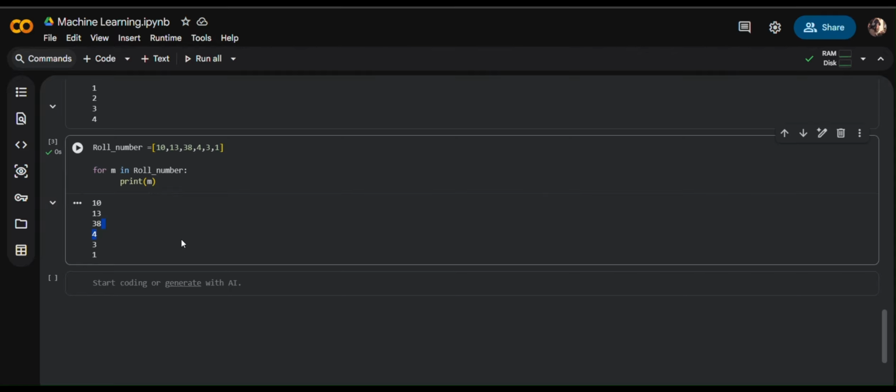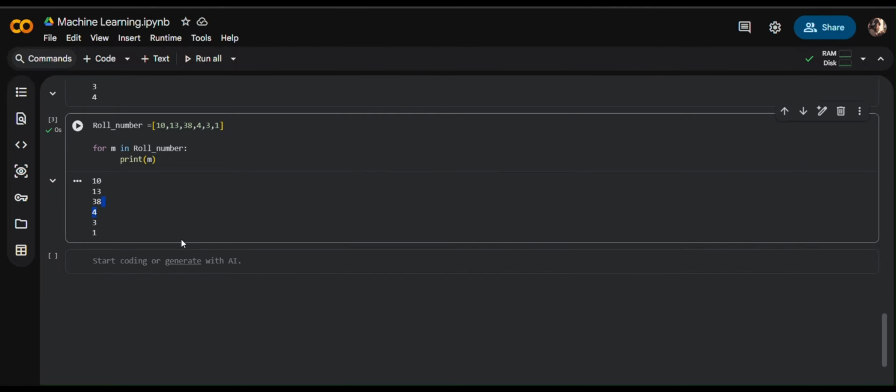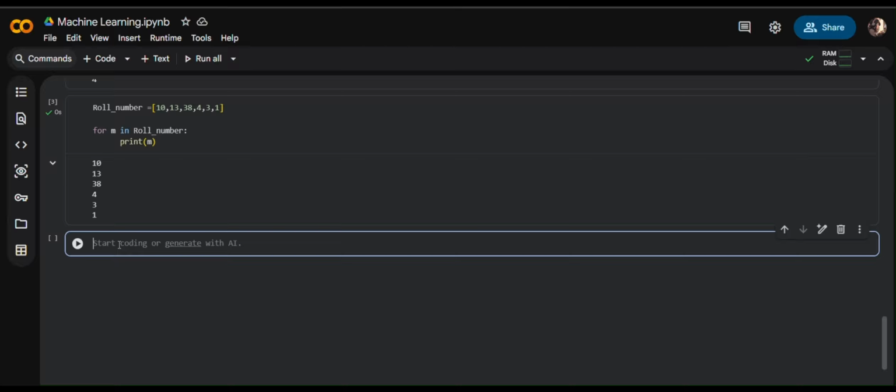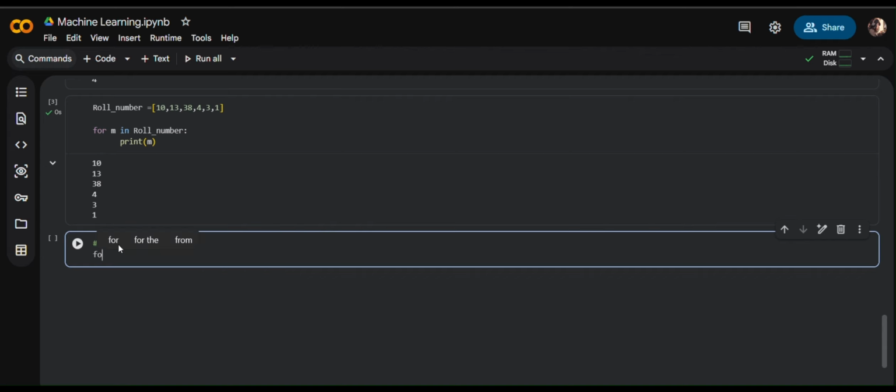So now let's combine conditions and loops together. From here the real programming begins. For this I'm going to show you an example of how to find the even numbers. First we will start a loop, let's say for range 10,